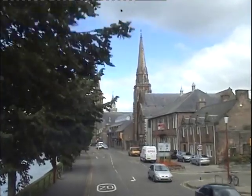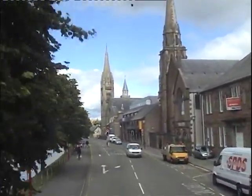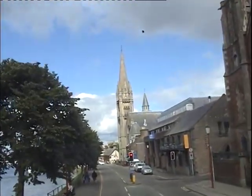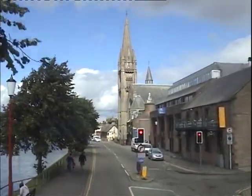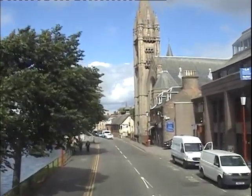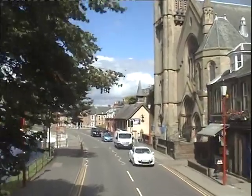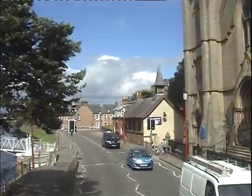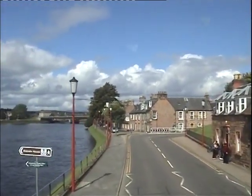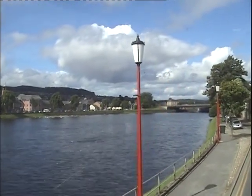On the left we have the River Ness. It flows 7 miles from Loch Ness into the sea at Inverness, then out into the Moray Firth. But more on that later. The Greig Street Suspension Bridge was built at the Rose Street Foundry in Inverness and completed in 1881. And in the distance, with luck, you can see Ben Wyvis, one of Scotland's Munros, at 3,432 feet or 1,046 metres above sea level. And as we approach the end of Bank Street,